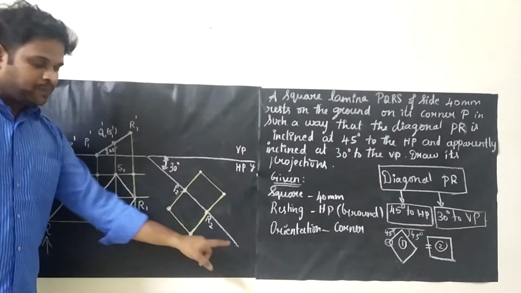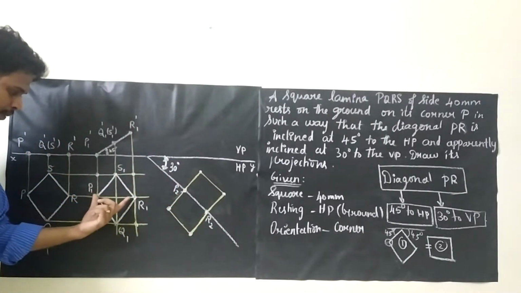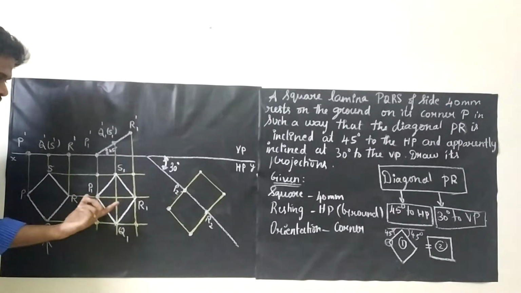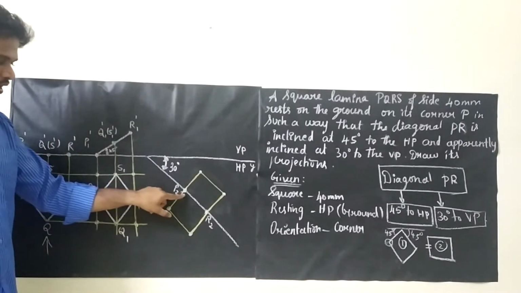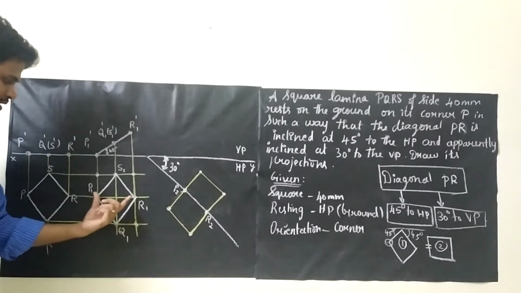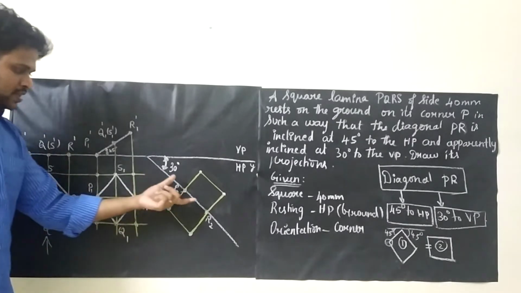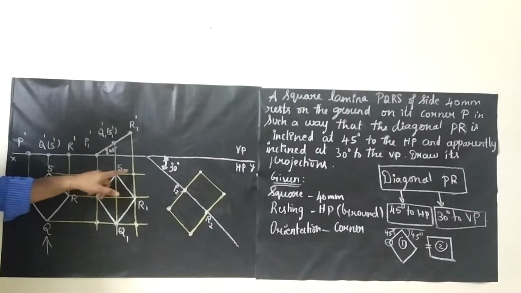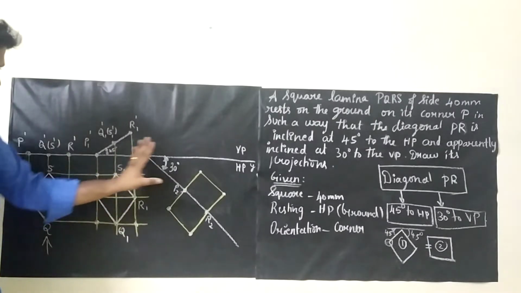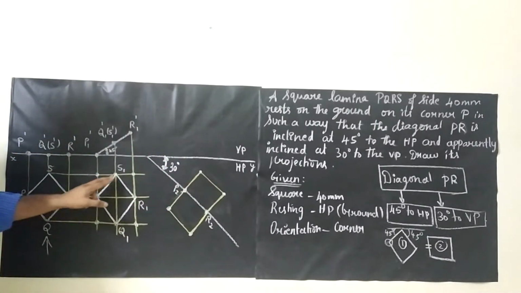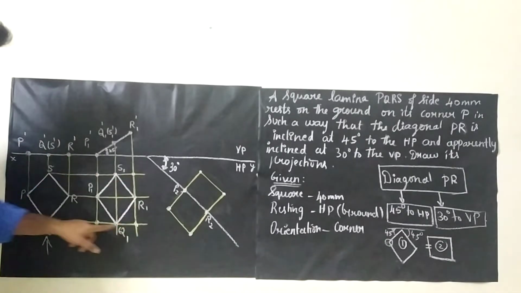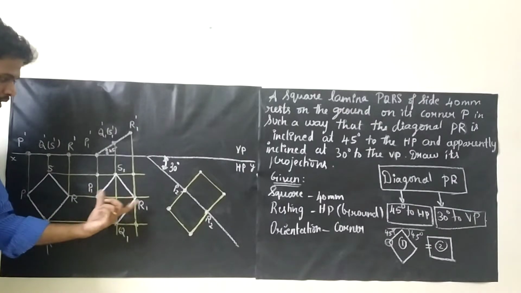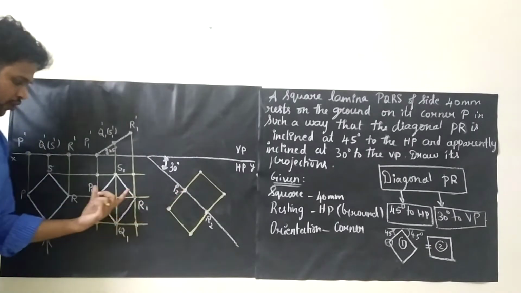Draw an inclined line. On this inclined line, whatever distance you have, keep one point. First of all, keep one point as P2. Just measure the distance between P1 and R1 and keep it as it is. Next, we have 4 corners like 1, 2, 3, 4. Try to place this box as it is so that it is very easy for us to plot this square. So I am trying to plot all the 4 corners first. First of all, I plotted PR. So P2, I have plotted for the same distance.